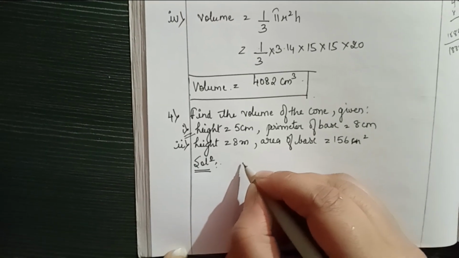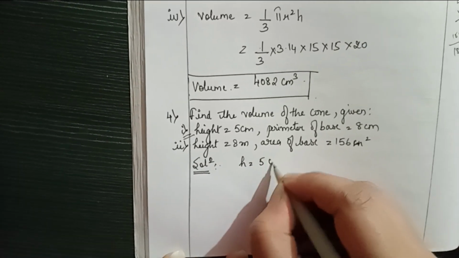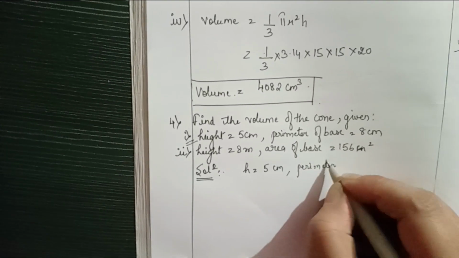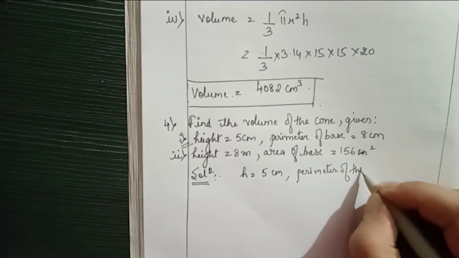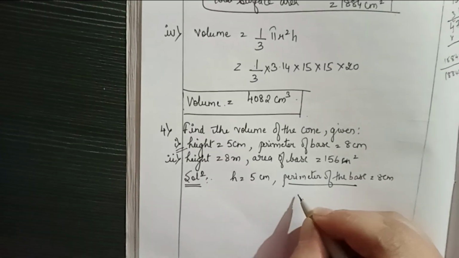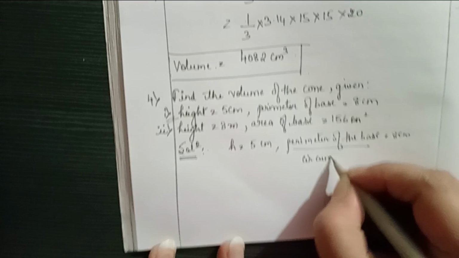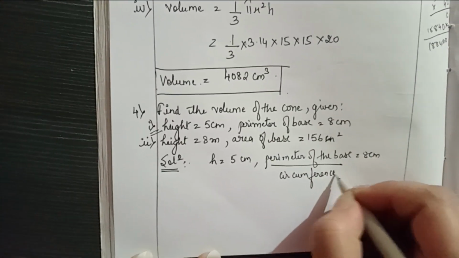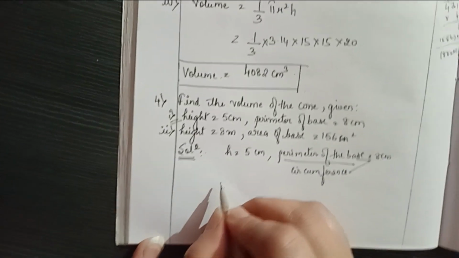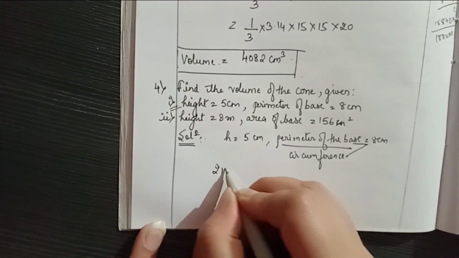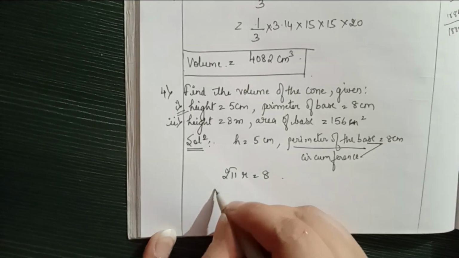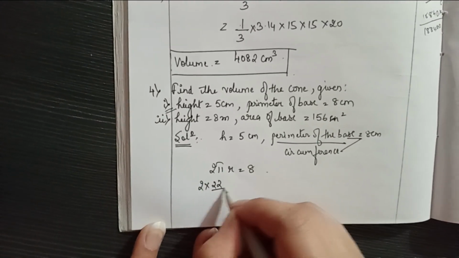So height 5 centimeters, perimeter of the base is equal to 8 centimeters. What is it? It is the circumference, okay? Perimeter and the circumference is the same. So using the formula, 2 pi r is equal to 8, 2 into 22 over 7